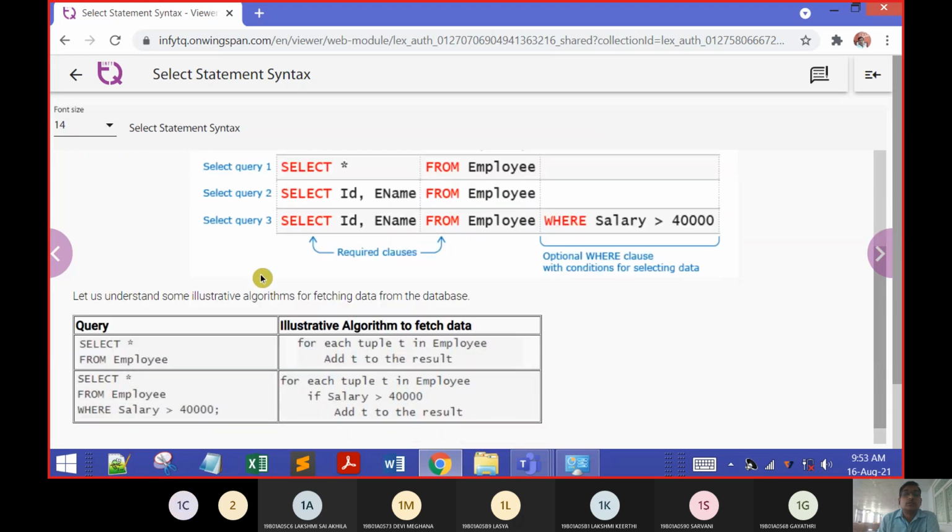Second thing was to put attributes and thereby take up the table. Third thing was to bring up a condition using where clause. So we are aware of different clauses in SQL, where, from, group by, order by, having, etc.